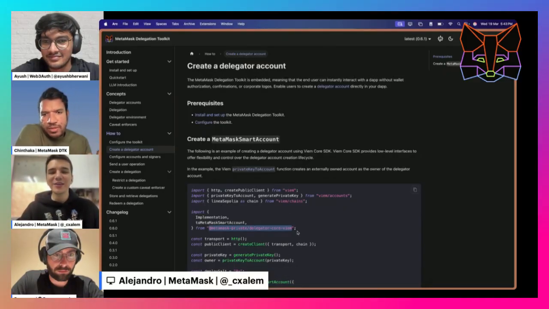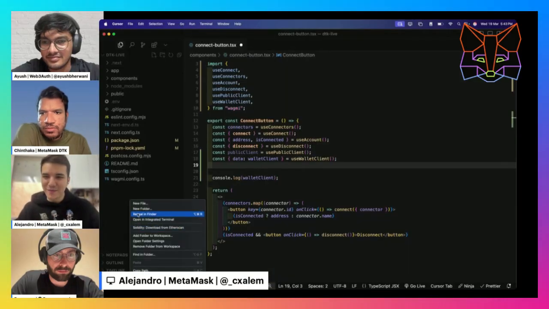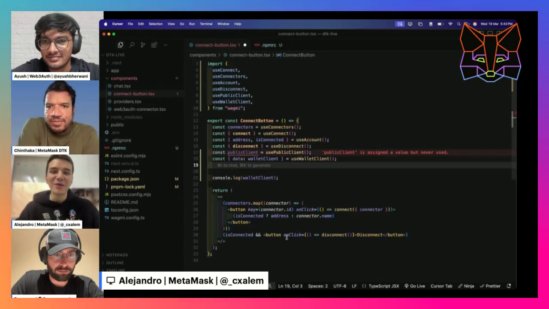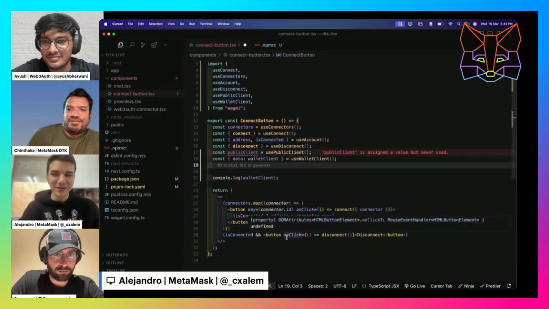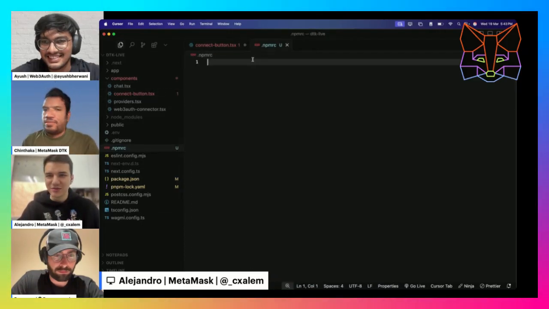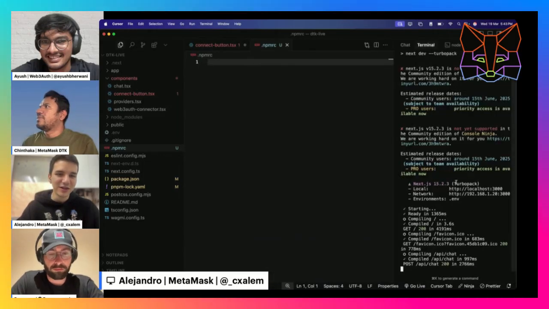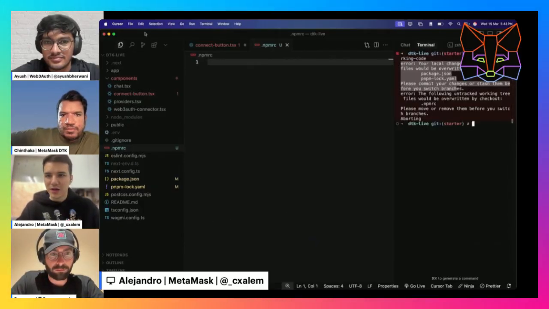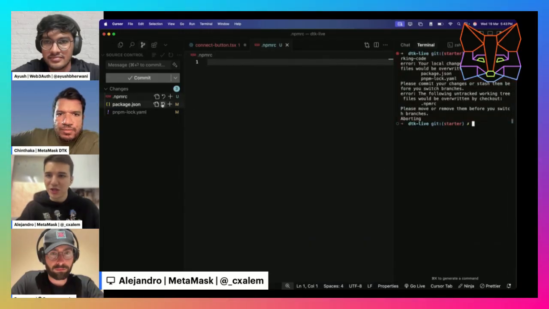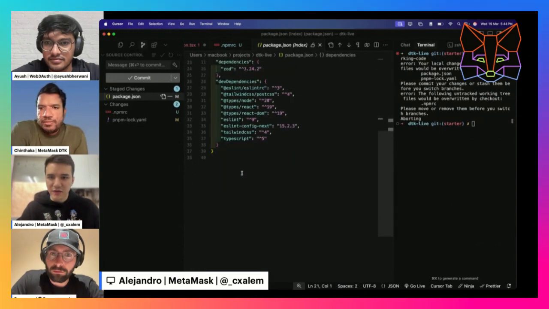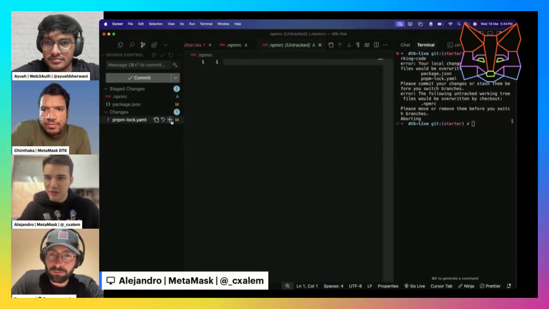I forgot to add the npmrc thing, so probably I will stop sharing my screen. You are going to send me, or I can find it anyway. Basically, what I am going to do is to check how working code. I have this right here. Let me just add this. The difference is that I have installed permissionless and viem to this right here. So let me just commit this,